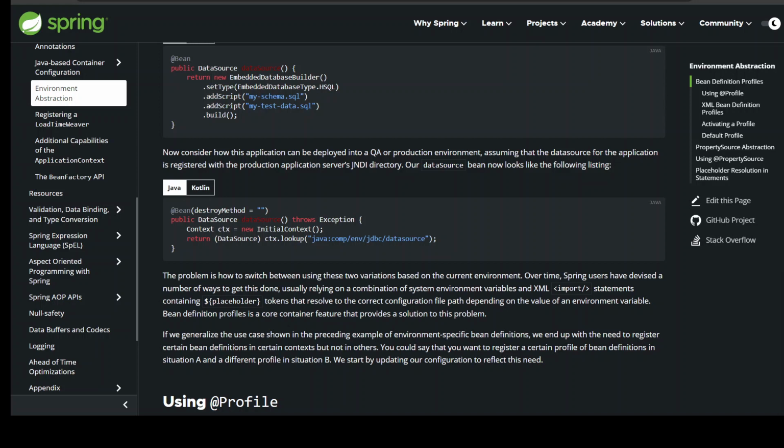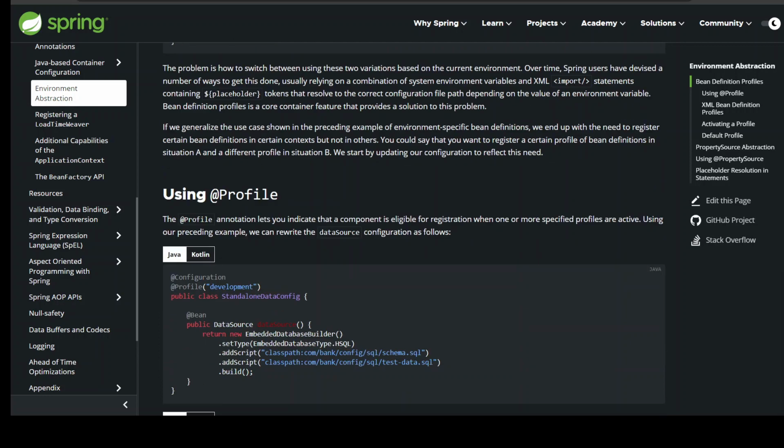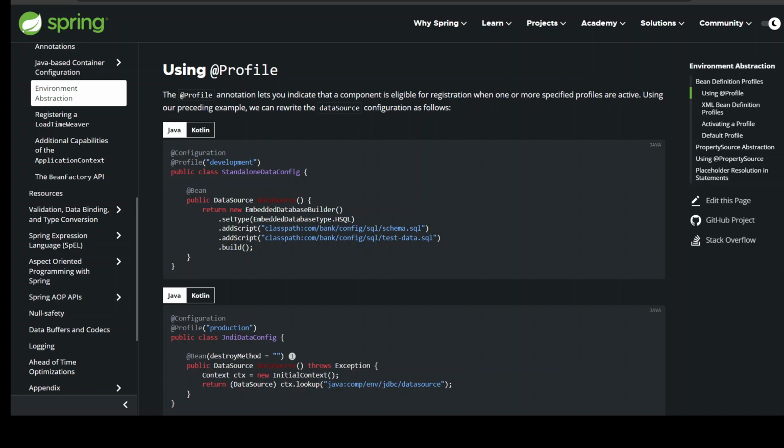Using @Profile. The @Profile annotation lets you indicate that a component is eligible for registration when one or more specified profiles are active. Using our preceding example, we can rewrite the data source configuration as follows. @Configuration @Profile("development") public class StandaloneDataConfig { @Bean public DataSource dataSource() { return new EmbeddedDatabaseBuilder().setType(EmbeddedDatabaseType.HSQL).addScript("classpath:com/bank/config/sql/schema.sql").addScript("classpath:com/bank/config/sql/test-data.sql").build(); } }